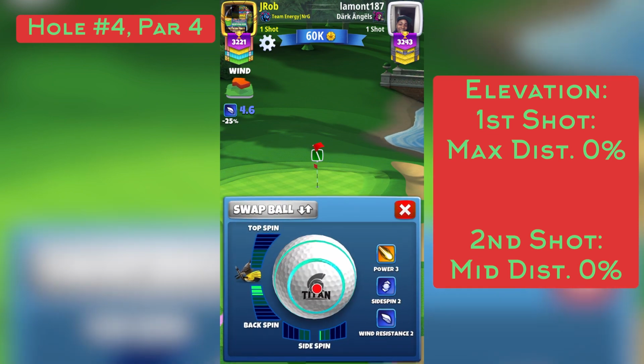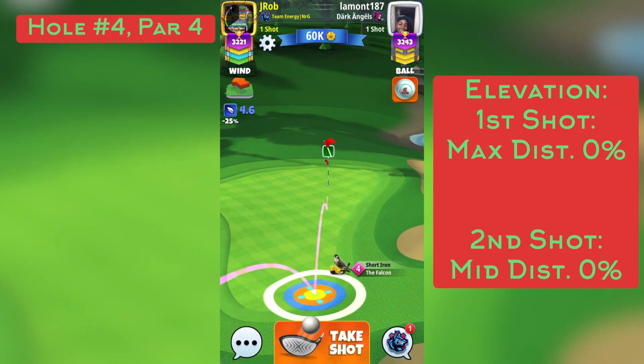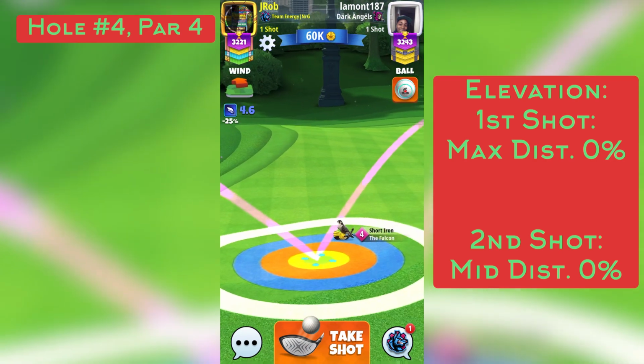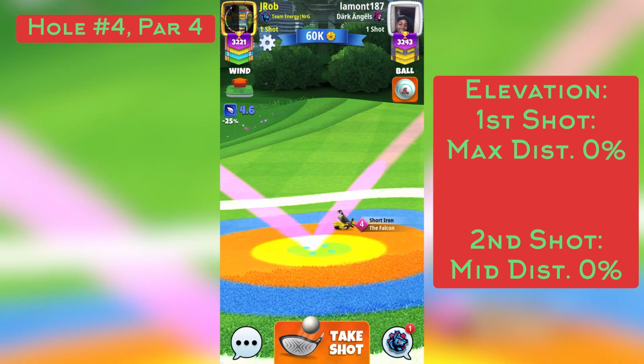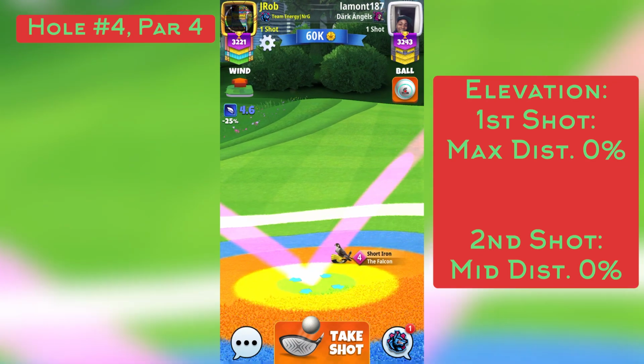Now this is a very, very nice shot. Now we don't want to get too far down there because we want to have a nice straight shot here like this right at the pin. Now if we get too far down here to the right, we're going to be aiming over that bunker there to the right-hand side, which is a decent shot as well, but may be a little bit harder for some